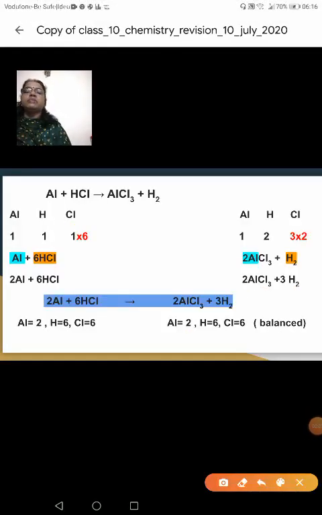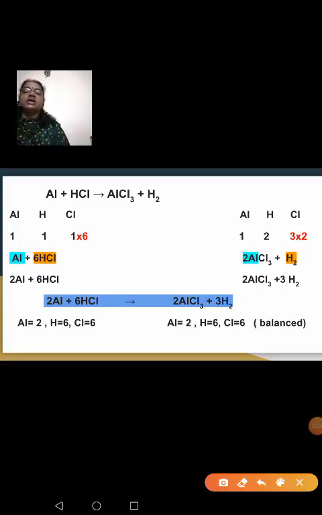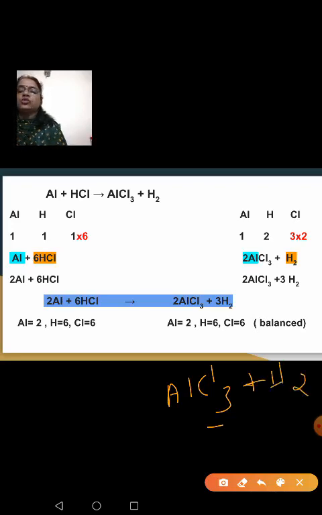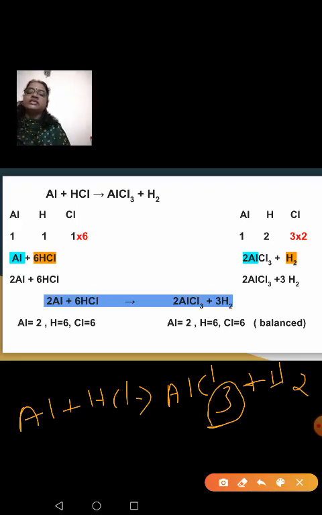So it was already said that the number of hydrogen atoms and chlorine atoms on both the sides are not equal. So we have to make it equal. For that, I will take the side where the number of chlorine atoms is more. So where did we have that? This AlCl3. The number of chlorine atoms here is 3, plus H2. Now to make this equal, what will I do? On this side I have Al plus HCl, right? When you are balancing you have to increase, you cannot decrease. So I cannot make this chlorine 4, because we have to use multiplication.